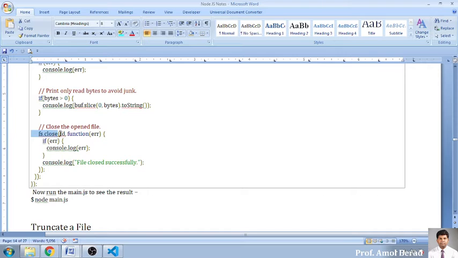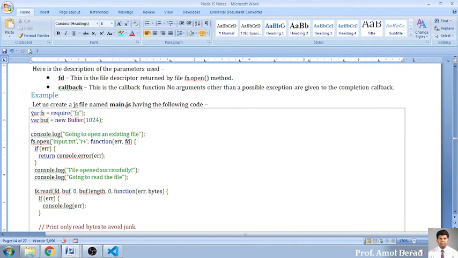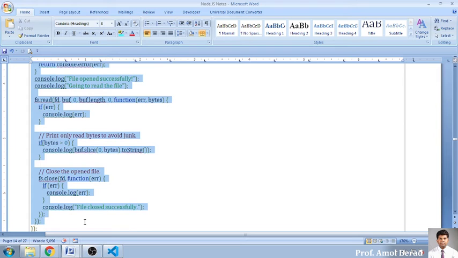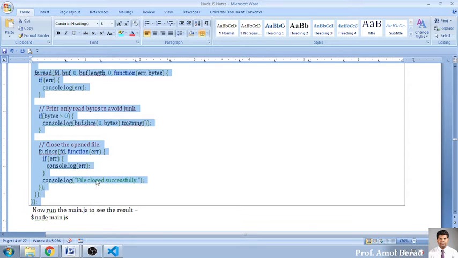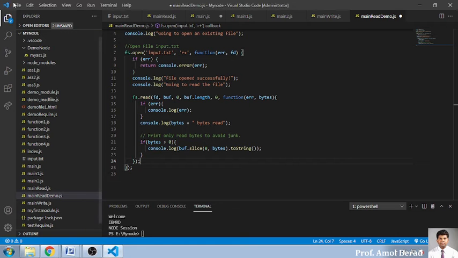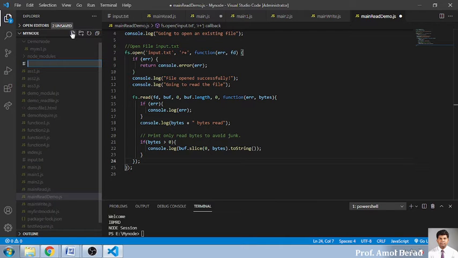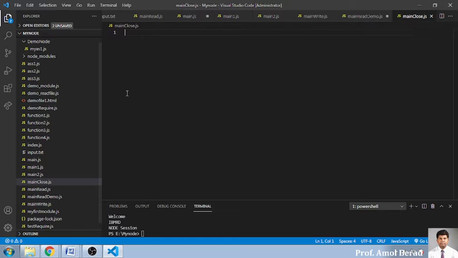So for closing, fs.close, the object which I have opened, a function, if there is an error, that will be handled. And if it is not there, the close function will be directly closing the file, and you will get a message called file closed successfully. अब मैं टाइम वेस्ट नहीं करता, I am just copying the file, क्योंकि उसके अंदर सिर्फ लास्ट में एक लाइन हमने ऐड कर दी है. That's it. So I will be moving over here, and I will be creating another file that is main close. Okay. So main close वही फाइल है, बस हमने उसके अंदर 3 लाइन का कोड थोड़ा ऐड किया.